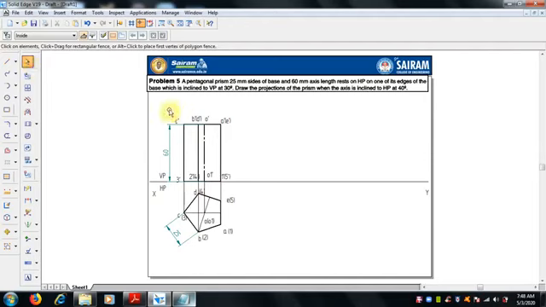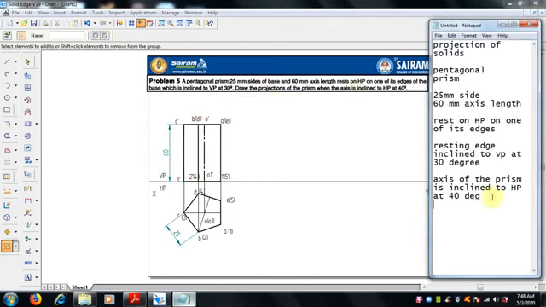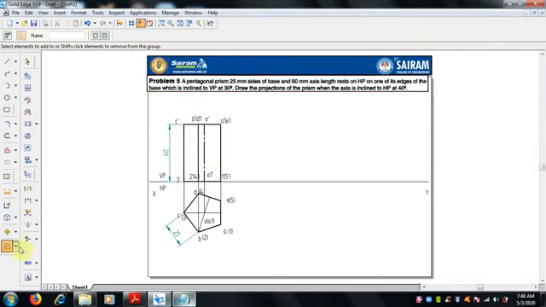Next we have to go for the second position. Select this, make a group, the front view, because the second view is the axis of the prism inclined to HP at 40 degree. So I am selecting this entire thing as a group, and now I am moving this.